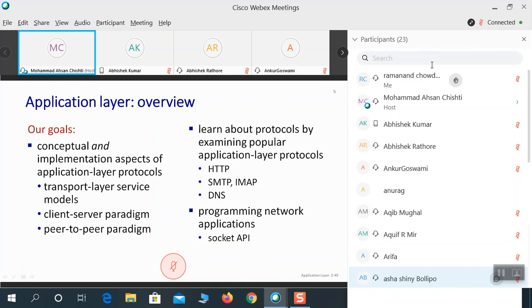The most common protocols that we know among the application layer are from TCP/IP: SIP, that is the Session Initiation Protocol, DNS, FTP, Gopher, HTTP, NFS, NNTP, NTP, that is Network Time Protocol, DSCP, SMPP, SMTP, SNMP, Telnet, RIP, and BGP. So quite a number of protocols are there within the application layer.